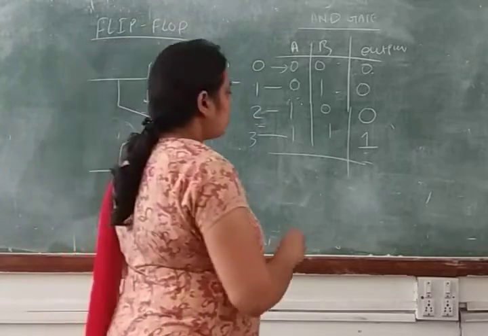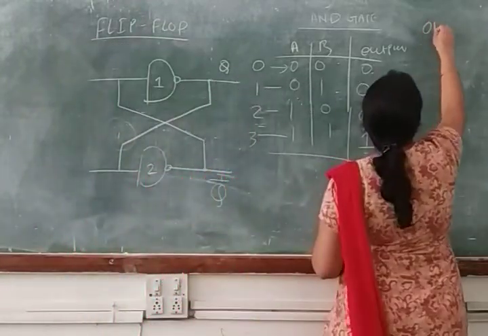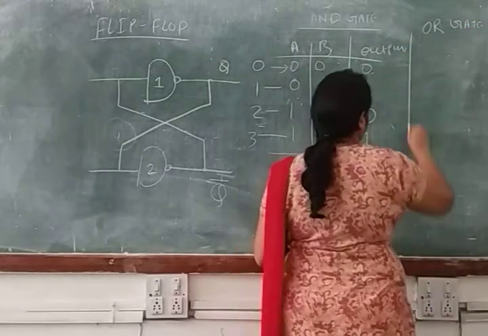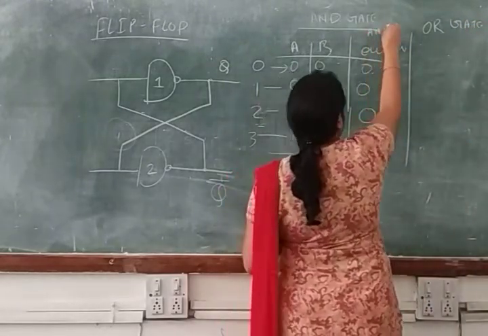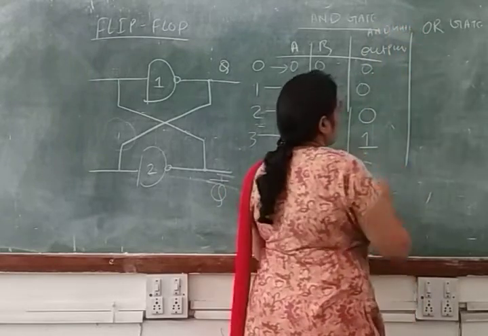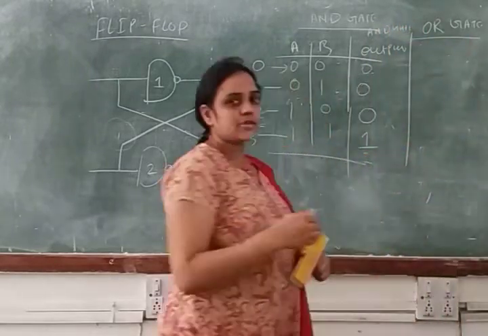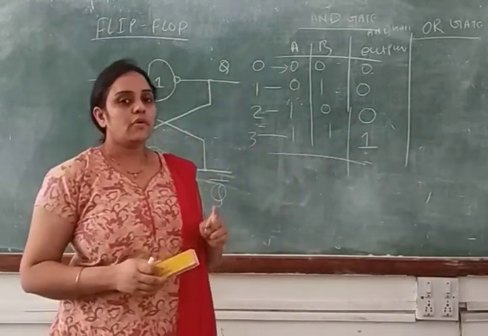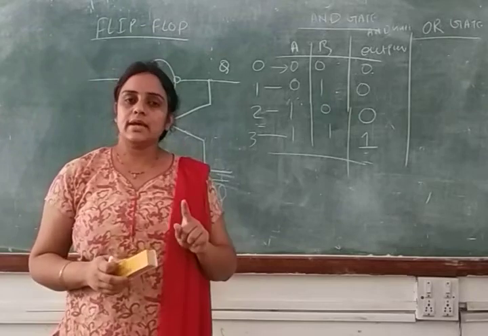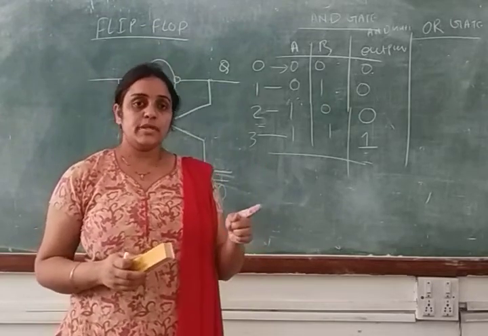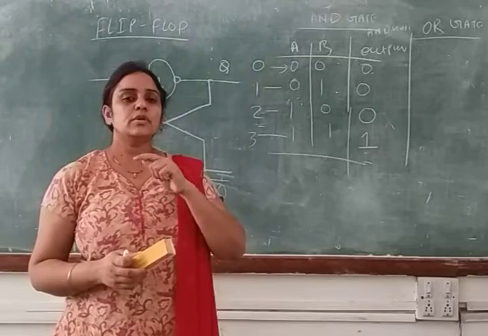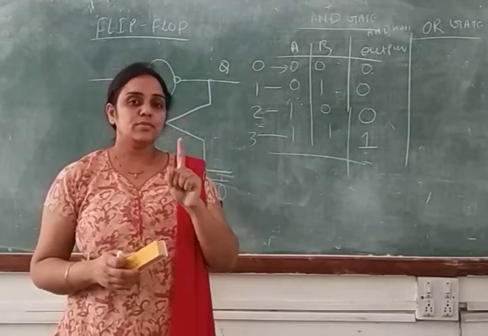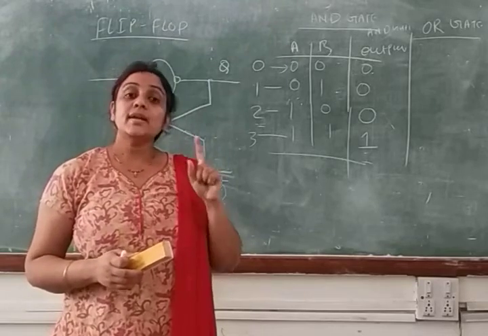If you are talking about the OR gate, so actually I am including here, this is the AND gate output, and in the next column I am adding the OR gate output. According to the characteristic of the OR gate, if one input is high, you will get a high output. It means if you have 1000 inputs, or 100 inputs, it doesn't matter. But if a single input is high, you will get a high output.